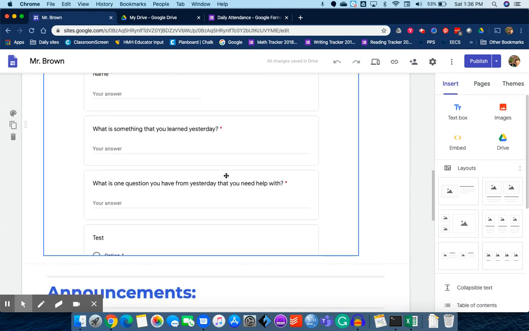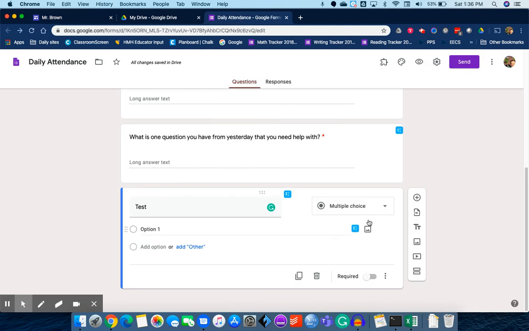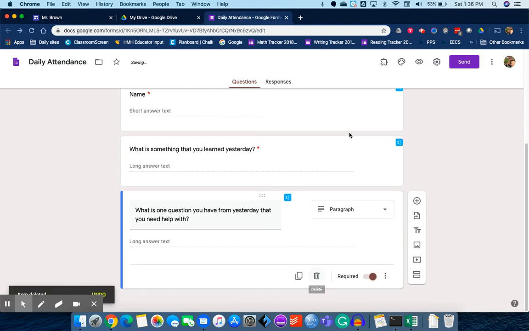Okay, so this is a dynamic form. Anything that you change here, now I'm going to delete that because I don't want that there. And that's the great thing, and that's going to be my next video on Google Docs. So if you add to a Google Doc, you don't have to republish it to your website. It automatically finds that document, and anything you put in that document,